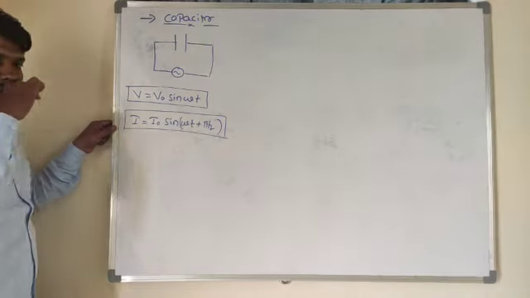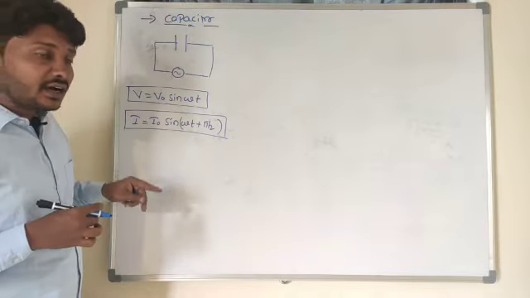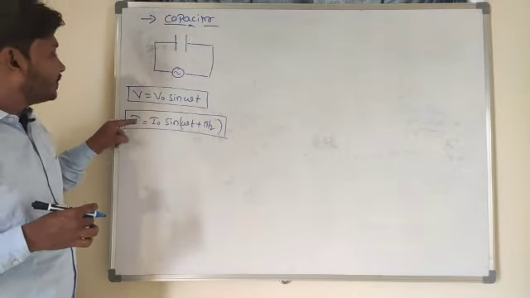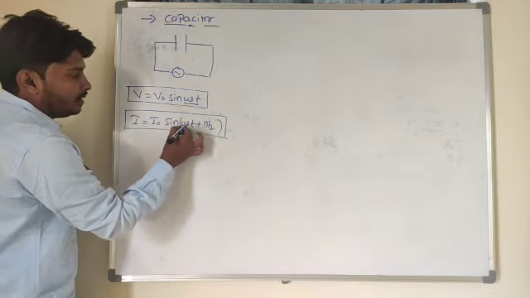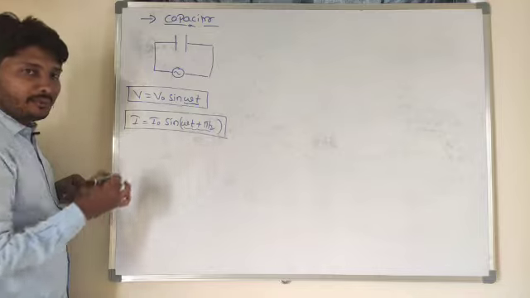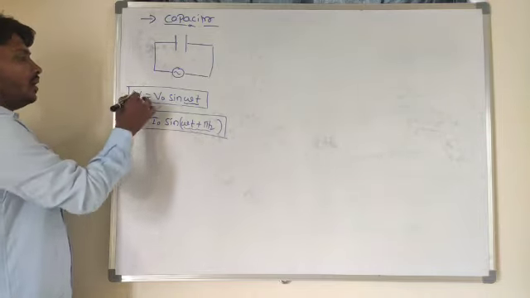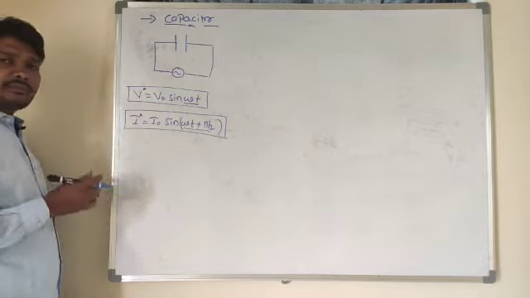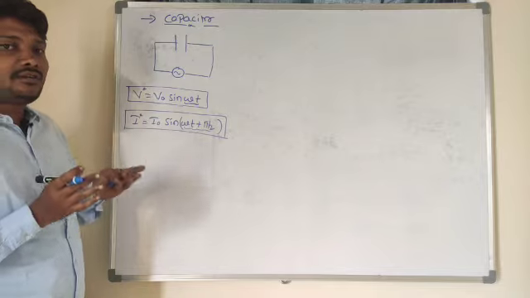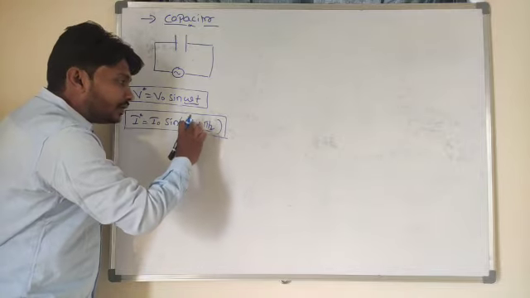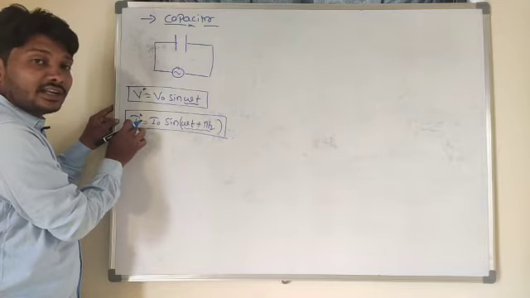When the alternating voltage is supplied to the capacitor, there again exists a phase difference between current and voltage. Here it is omega into t, and here omega into t plus pi by 2. So again there exists a phase difference of pi by 2. Out of voltage and current, which one is lagging and which one is leading? In the case of the inductor, I got omega into t minus pi by 2, and the negative sign means current is lagging.